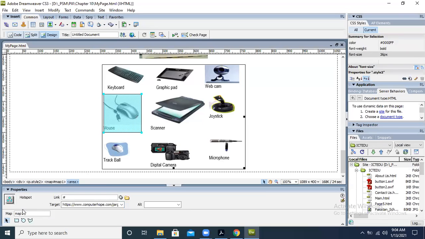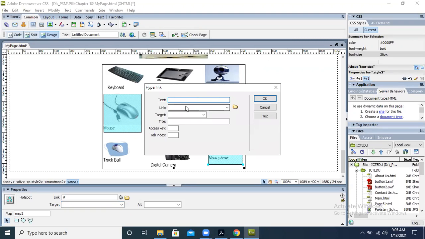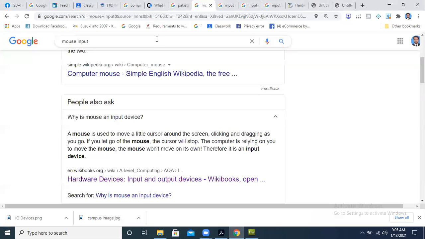Okay, we create another one by typing map 2, and this time I take the microphone. So let me find some file of the microphone.